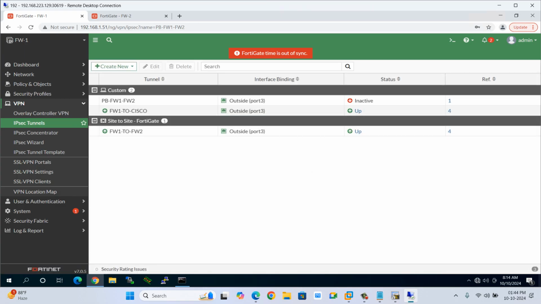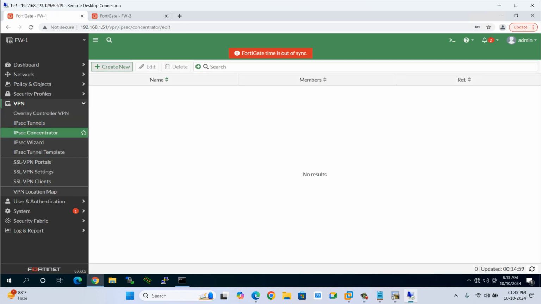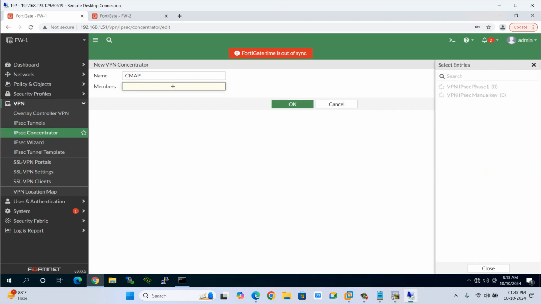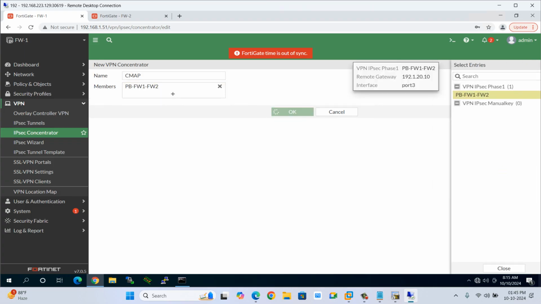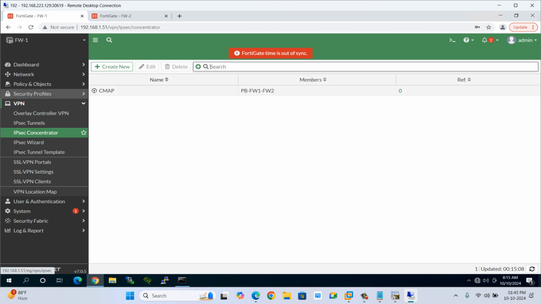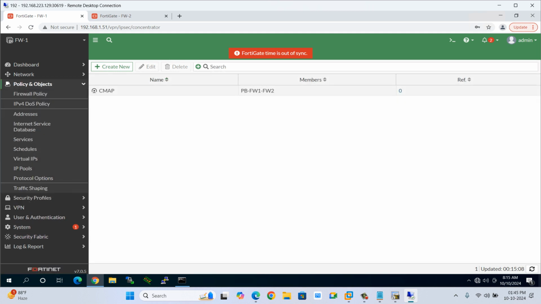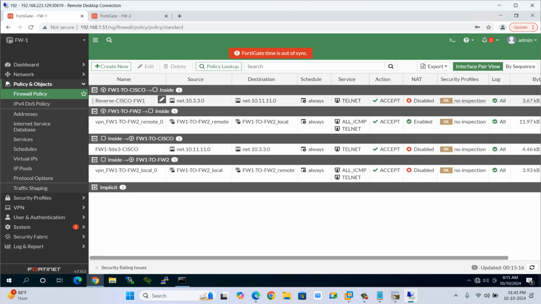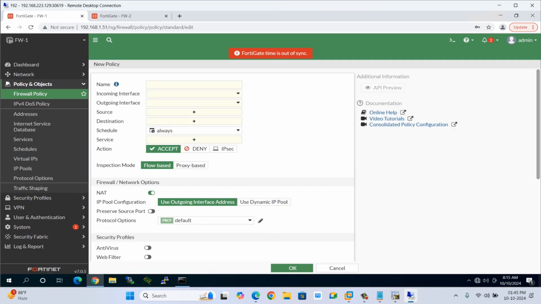And what next? Go to IPsec concentrator and call this under that. CMAP, for example, it should be showing here. It's showing. Select and click on OK. Now go to firewall policy, correct? And create one policy. And what will be the policy name? PB firewall 1 to